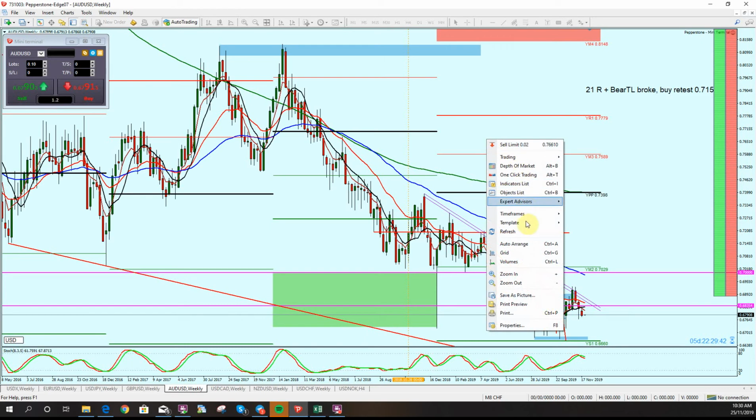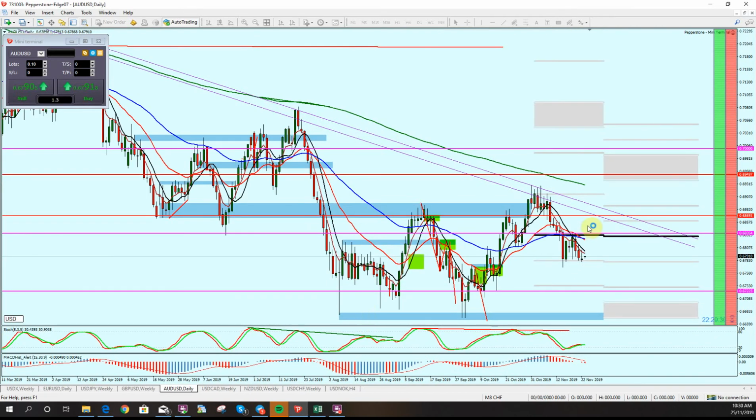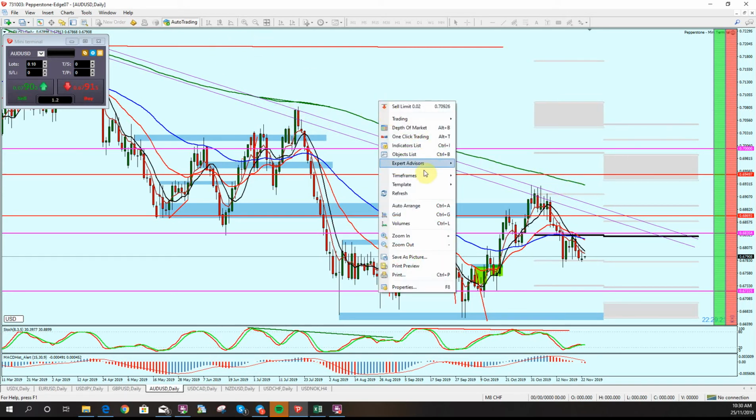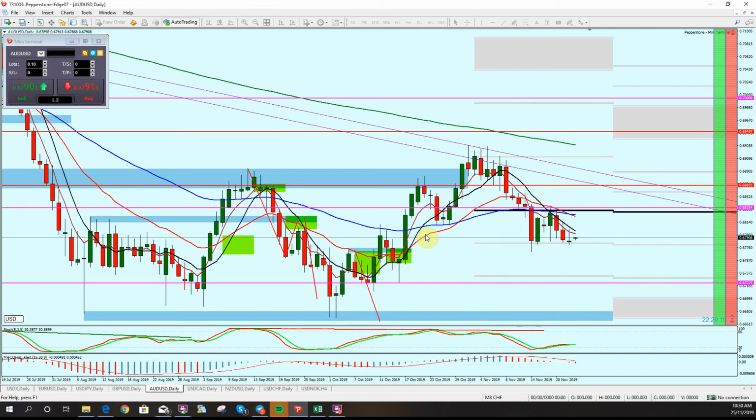So let's change now to a daily time frame. These are monthly pivots. Again, if you don't know much about them, just ignore them. We started the month here off this channel that I was speaking about. There's the 200 MA, we didn't quite get to it, but it's pretty close. And that's been powerful for some time now, as I'm sure you are aware.